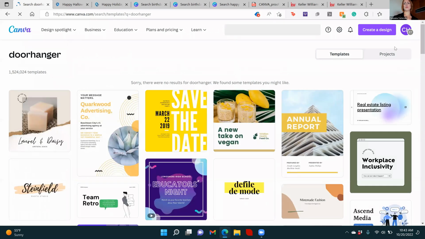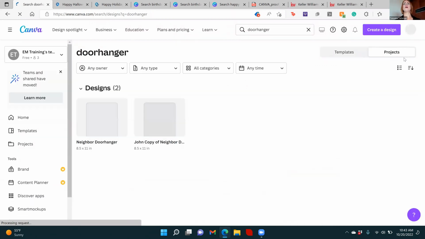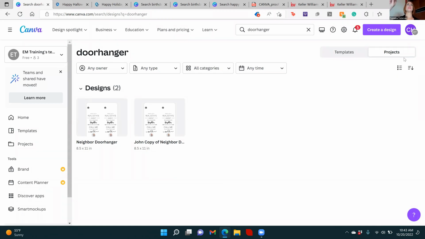So sometimes, like if I do templates, it doesn't really give me what I'm looking for, but I'm like, oh, okay, here we go. Let me toggle back over to projects. So if you name things properly, especially, and I say that because in Canva, when you click on something, a lot of times it's like blue pastel birthday postcard is what that last one was called. So I'm going to want to make sure that I name that something that's more searchable for myself. So here is my door hanger